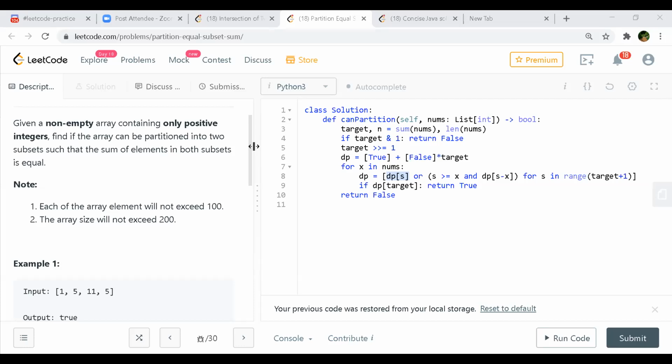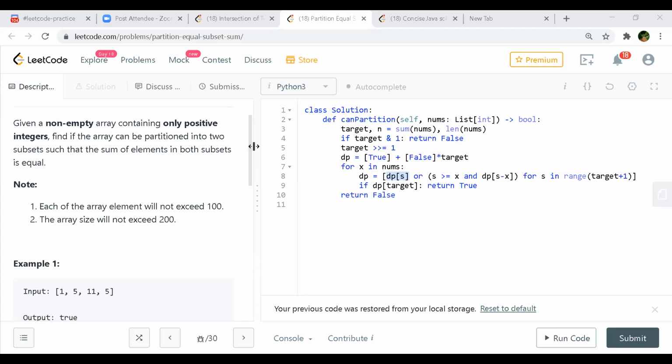One thing I will say for this problem: this is a variation of the 0-1 knapsack problem, and I believe someone already mentioned that earlier. What we are looking at here is dividing the sum by 2, and then trying to figure out, given the array, can we get that sum by picking up the elements exactly once, correct?